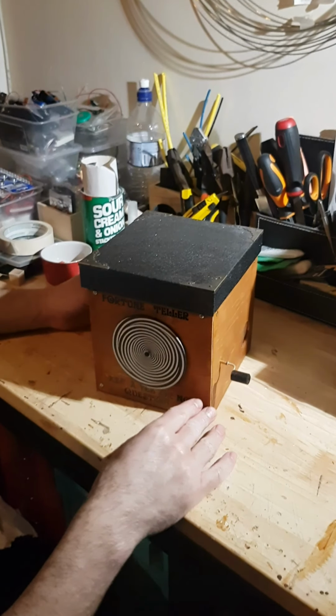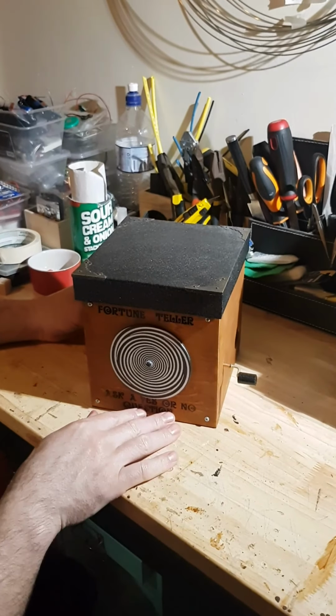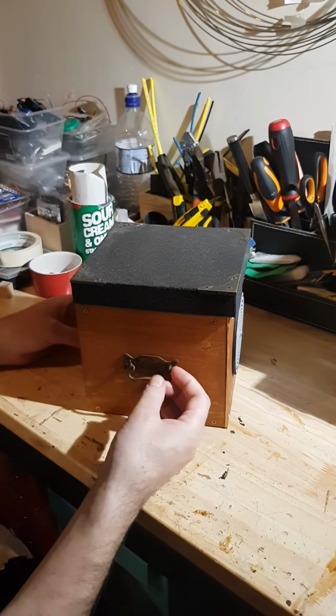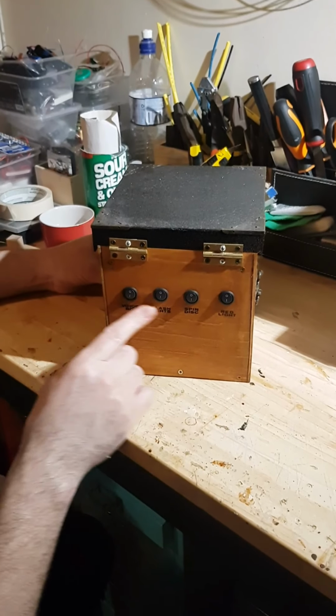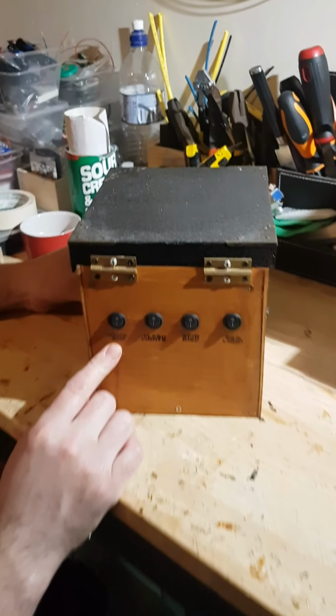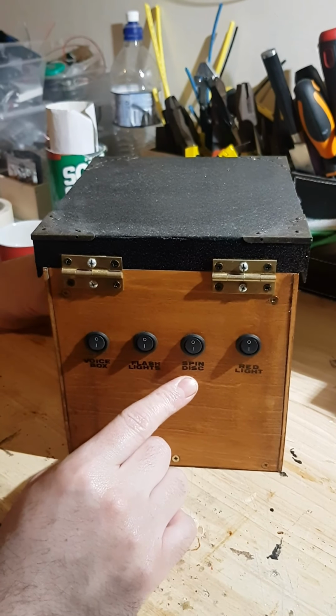Okay, this is the Fortune Teller Jack-in-the-Box. Handle on the side here, and this one's a bit more complicated. You've got the 4 switches. These are all labeled. So here: voice box, flashing lights, the spinning disc, which is that disc on the front